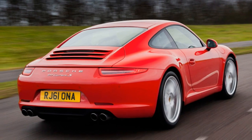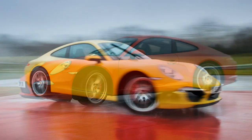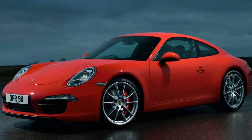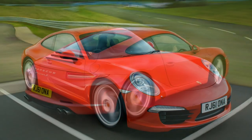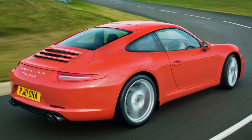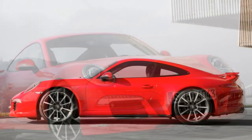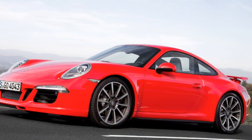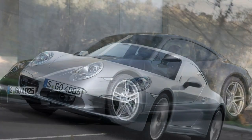Bose surround sound system including 12 loudspeakers, active subwoofer and center speaker, active audio system with 555-watt overall output and AudioPilot noise compensation technology. LED main headlights including Porsche Dynamic Light System, PDLS, featuring dynamic cornering lights. Multifunction instrument display. Upgrading to the Turbo S adds: